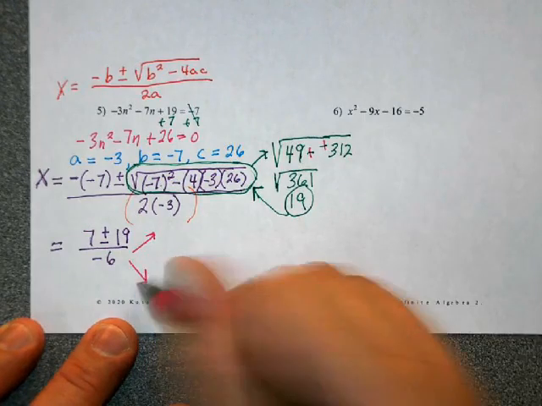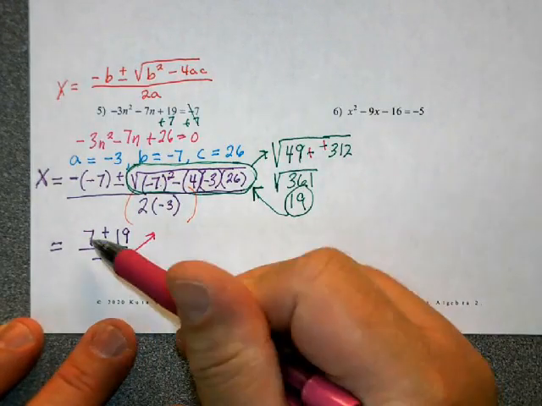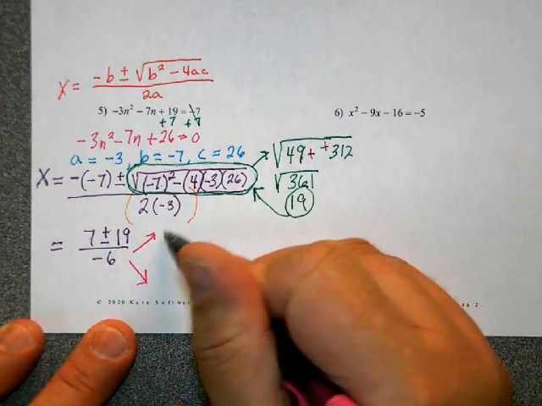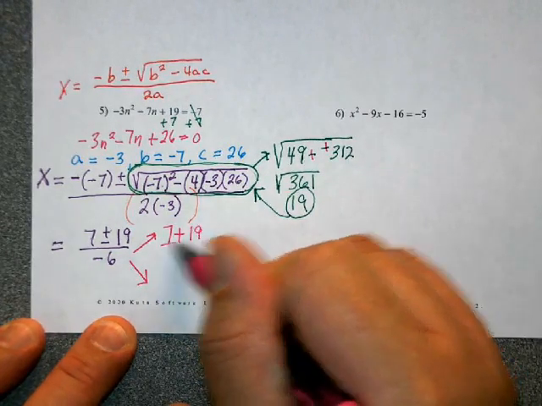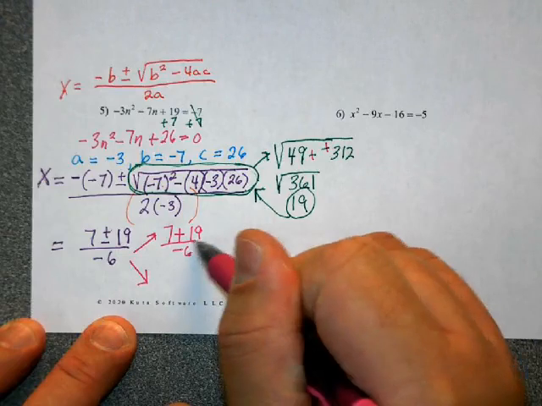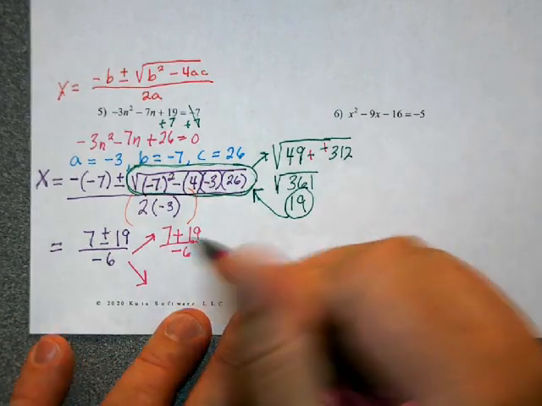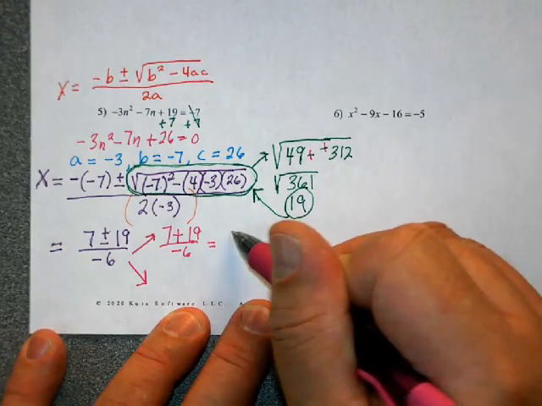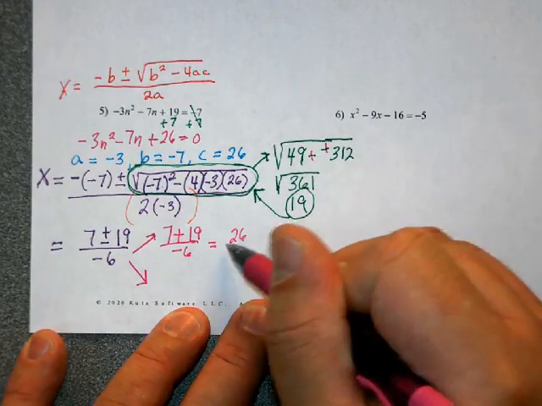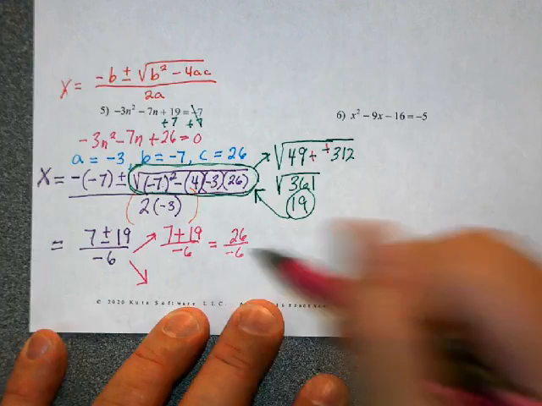I have my 7 plus 19 divided by -6, and I just work that out. So 7 plus 19 is 26 divided by -6, and